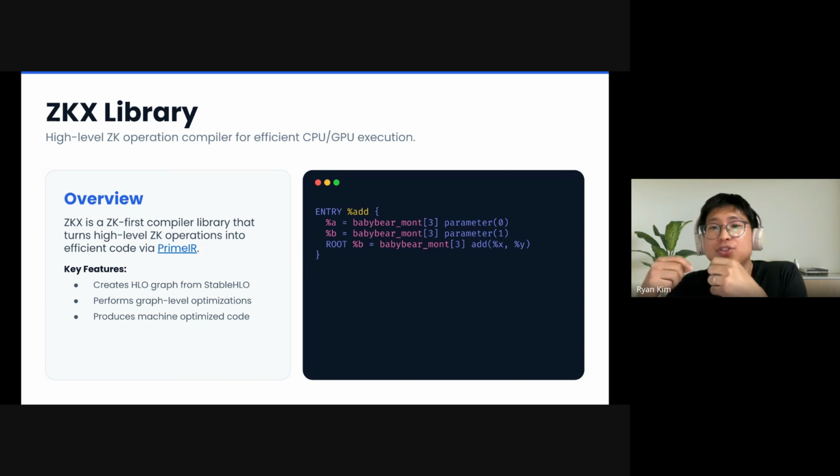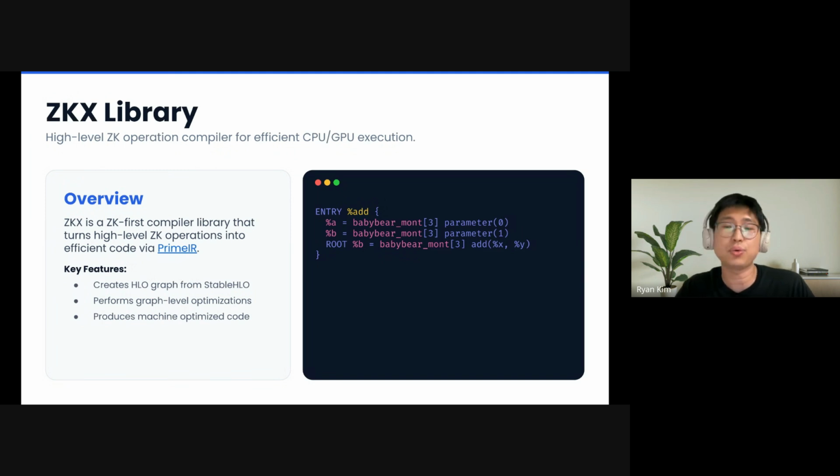And ZKX is the extra compiler: StableHLO comes in, and optimized machine code goes out. In the middle, it builds an HLO graph. You can see a tiny fragment of one on this slide with a BabyBear add, and then runs ZK-aware passes on top of the standard XLA passes. And the ZK-aware passes are the pieces we couldn't get from XLA: round-level fusion, so a round lowers to one replayable GPU unit, like we promised in the design, and Montgomery ring arithmetic fusion, custom kernels for hot paths like constraint evaluation.